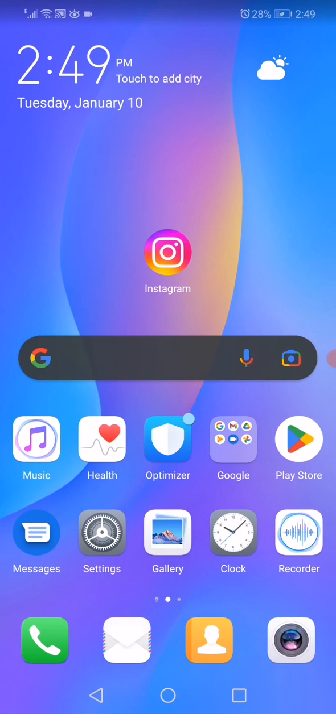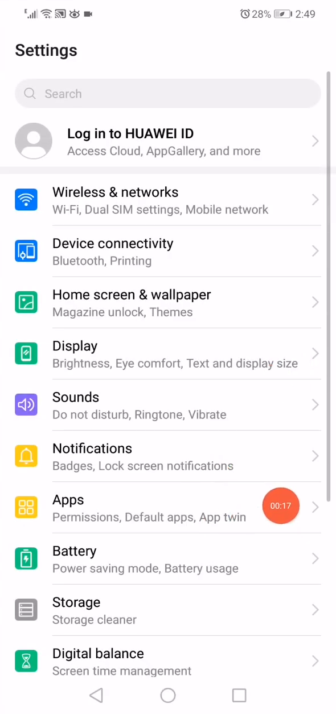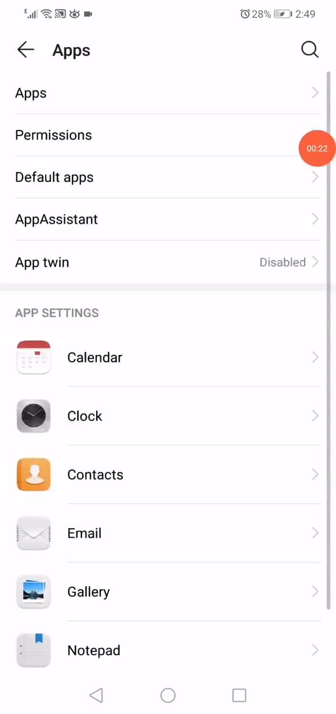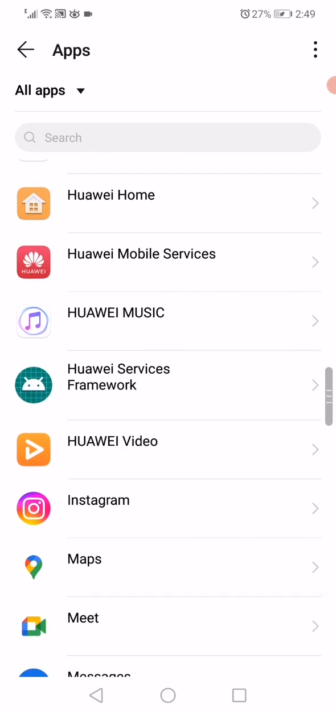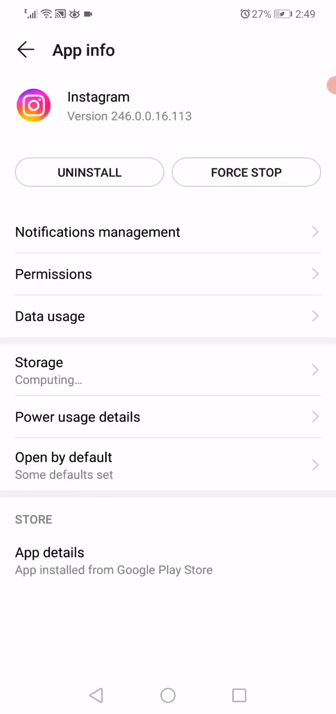easily and fast. First thing, open the settings, go to the apps, open the apps manager right here as you can see, and then you have to wait a few seconds. It will start loading as you can see right now, and then scroll until you find Instagram, click on it,